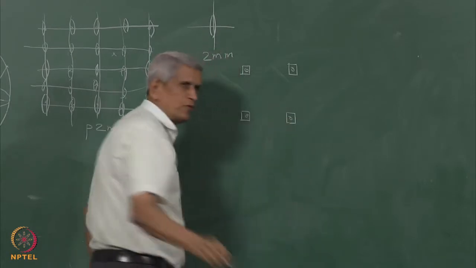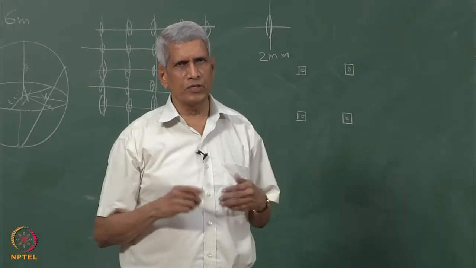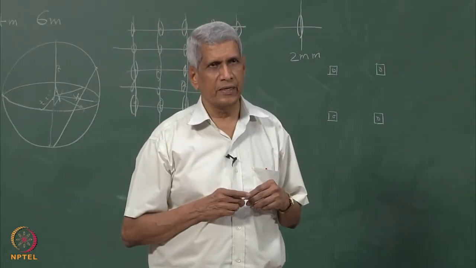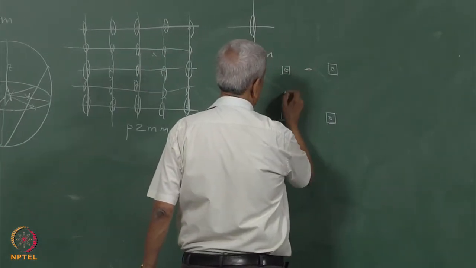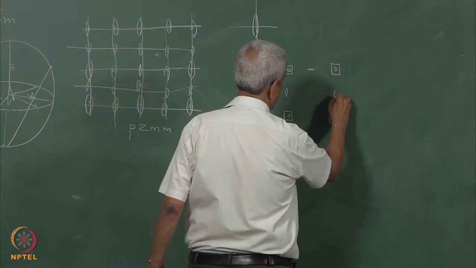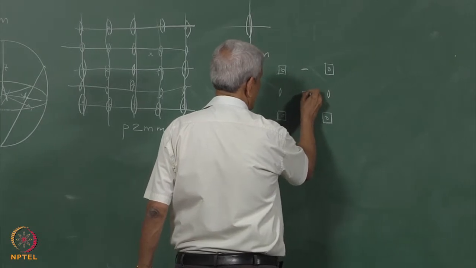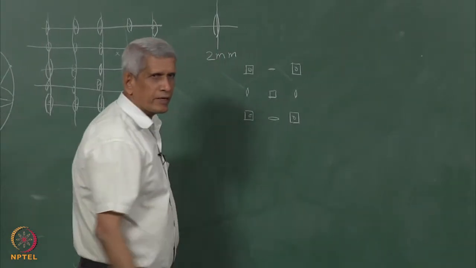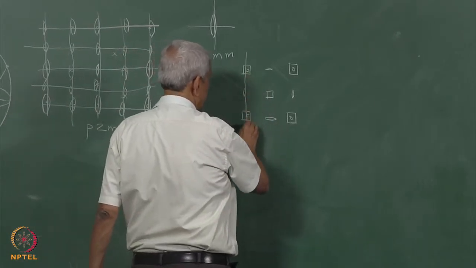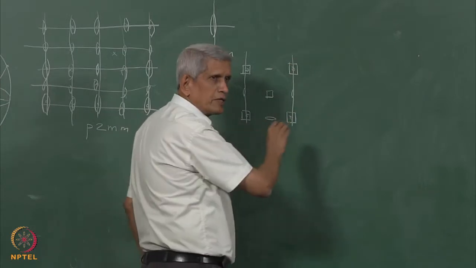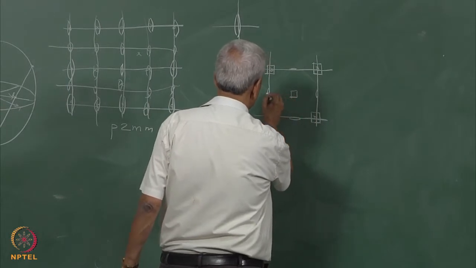This is four-fold. By looking at this, is there any other symmetry elements which are possible at any other place? Here twofold will come, here twofold will come, okay, and here also again at the center you will have a fourfold, correct? Then in addition to it you will have a mirror symmetry which will come passing through this, correct? Is it not?